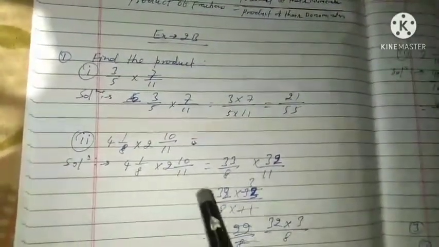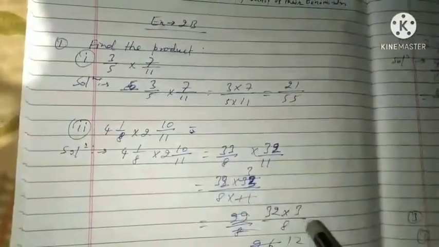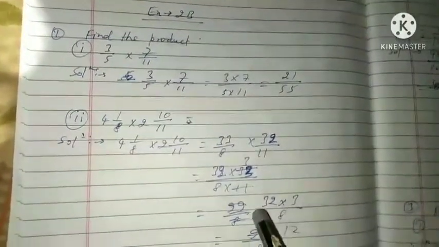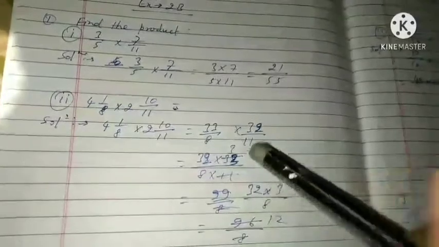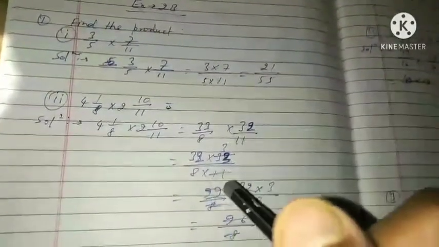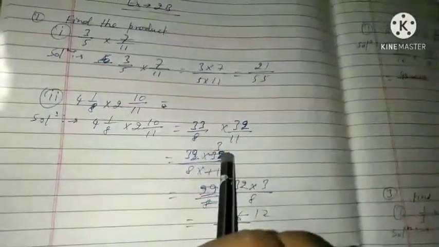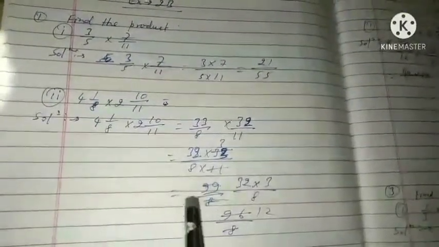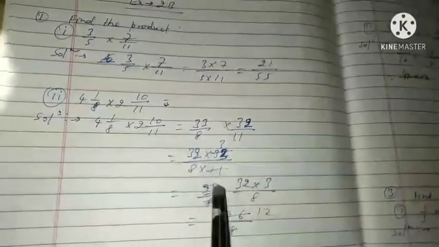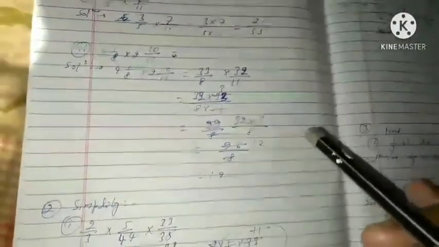Now you will use the same process as we did in question 1. We'll multiply the numerators and keep it in the numerator, and the denominators will be multiplied and kept in the denominator. But before that, if you see that a number in the numerator and a number in the denominator have something in common, then they can be simplified or converted into the standard form. As you can see, 11 divides 33 three times, so I've divided it. Also, 8 is able to divide 32, so you can easily divide by 8. So the result is 12. This is how you have to perform the multiplication of fractions.